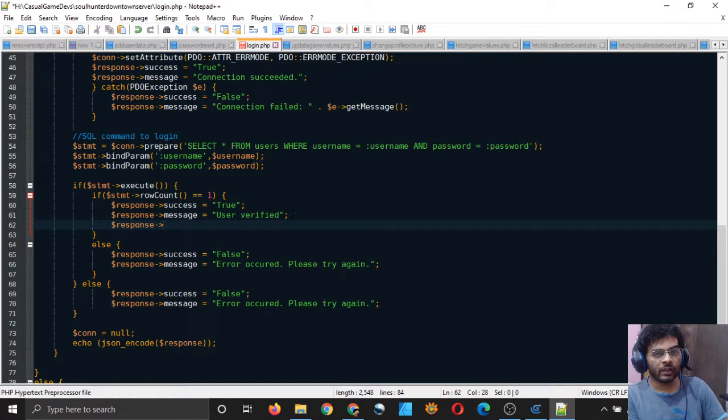Whatever field you add to your response variable will be sent to the client, will be sent to the program that makes a request. So other than the success variable and message variable, we also want to send the profile picture to the client, so that they know what their profile picture is.